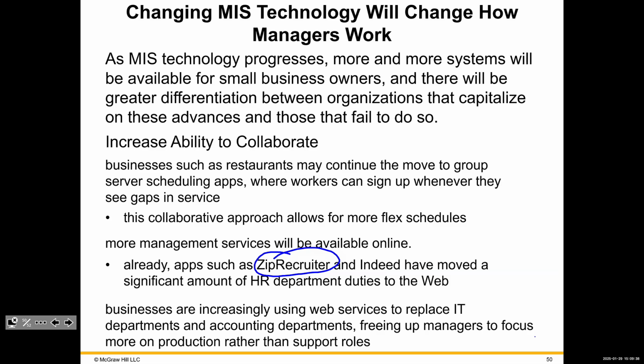We now do a lot of things more online, and things are changing, right? Has anybody done an interview by themselves where you log into a system and it asks you questions and you just have to record yourself? There's nobody on the other end. That's a new tool that a lot of HR departments are using now. They gauge how comfortable you are in front of the camera. They only give you the question and then you have 30 seconds to formulate your answer, to see how you think on your feet.